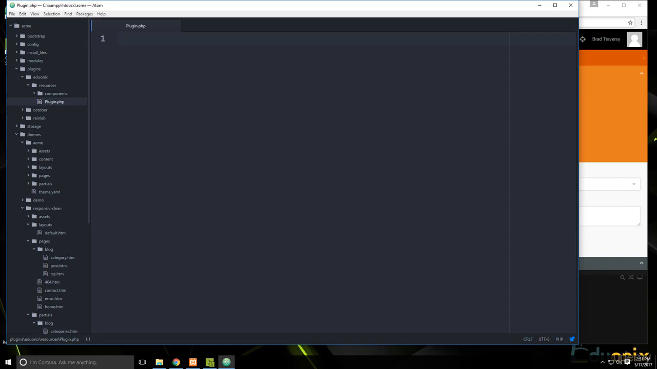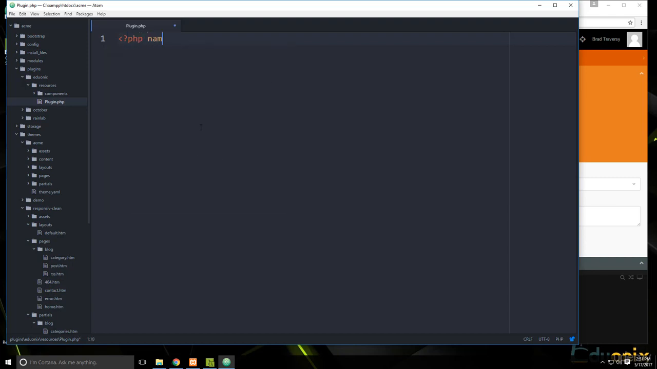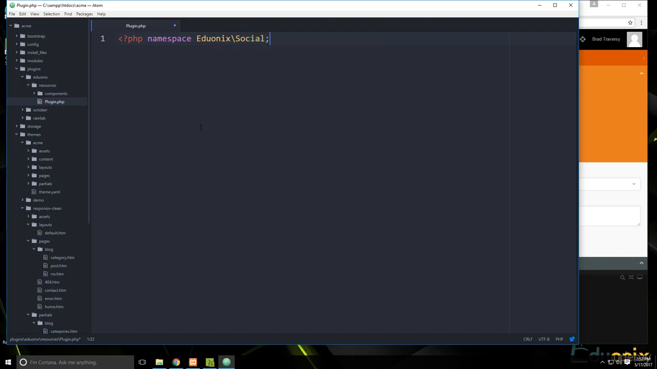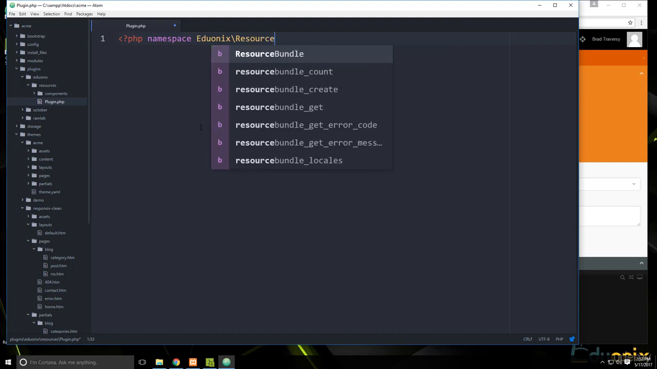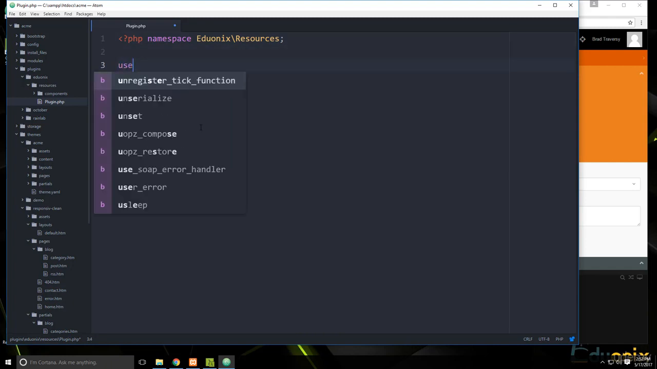.php. Alright, and we're basically going to just create a class here. Okay, now it has to have a namespace. So we're going to say namespace Eduonics, and this has the same formatting as Laravel, because it is Laravel under the hood. So Eduonics / resources, and let's see, we're going to say down here use